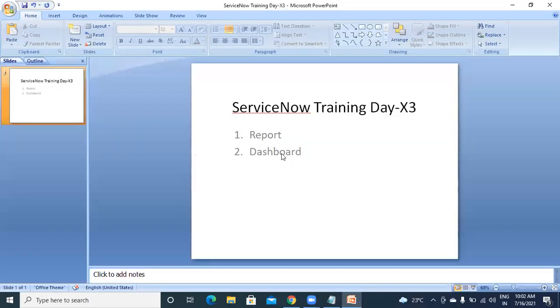So today we will cover these two topics: reports and dashboard. What are the types of reports? There are actually two types of reports, but we will look into the normal basic type of report. There is one more type of report which was just added into ServiceNow in the last two versions. That will take around 10 to 15 days, and it is not required for now. That is separate. If we have developers who will work particularly on the reporting part only, then that advanced reporting is required for them. Till then, let me open this instance.